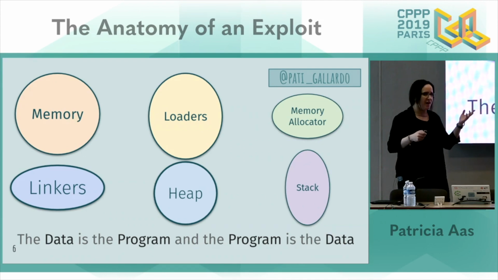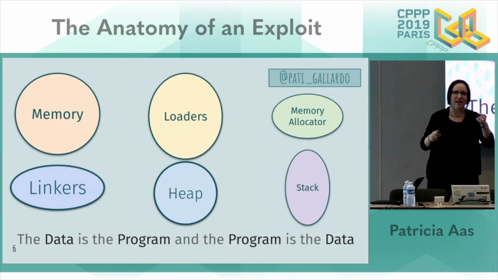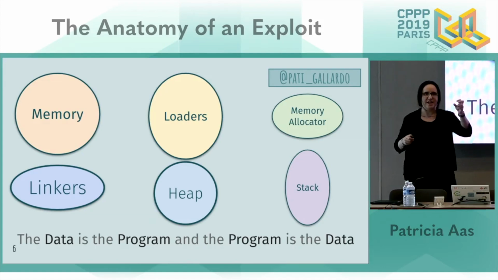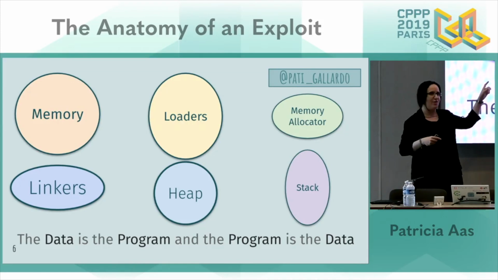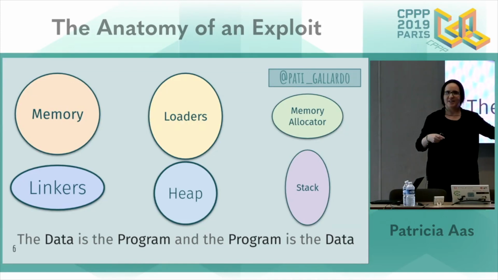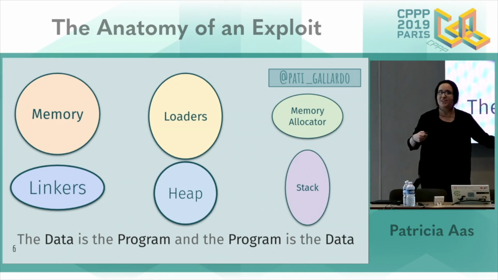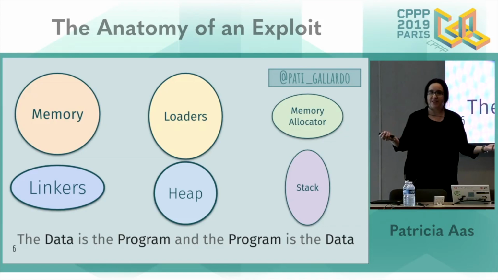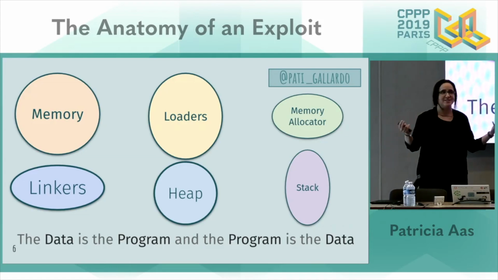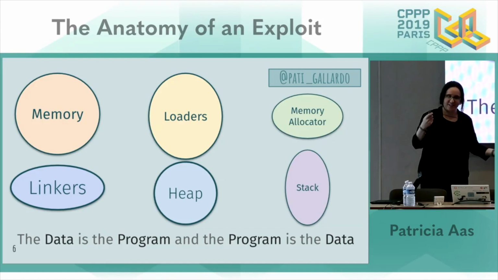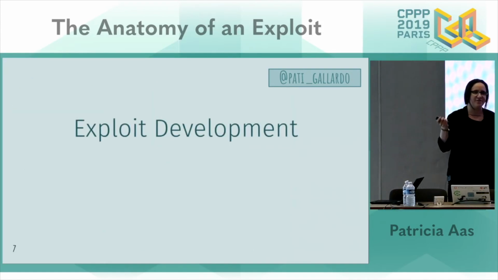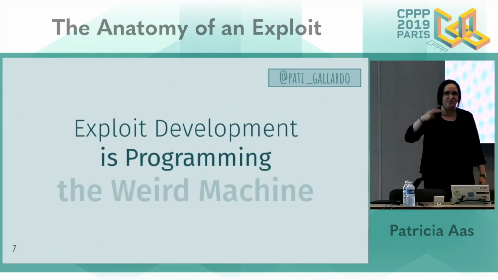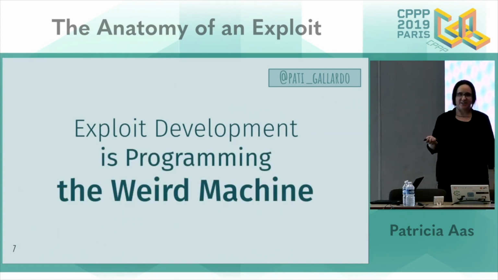And so you will see a lot of exploit developers will specialize in certain types of programs or specific programs. So you will have exploit developers who are specialized on Acrobat Reader, for example, because Acrobat Reader defines an architecture for them, an architecture of a weird machine that they program. And so whenever there is an update to Acrobat Reader, their weird machine might break because something was fixed or something was moved. So it's a different way of thinking. So exploit development is programming. It's just programming of this very weird machine.